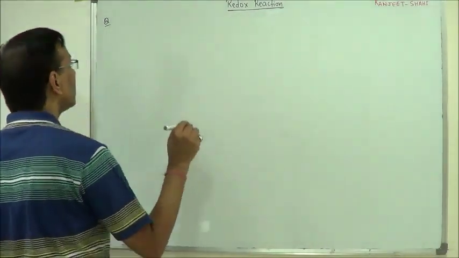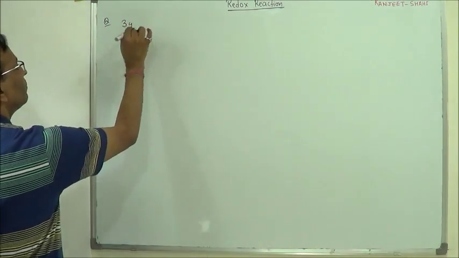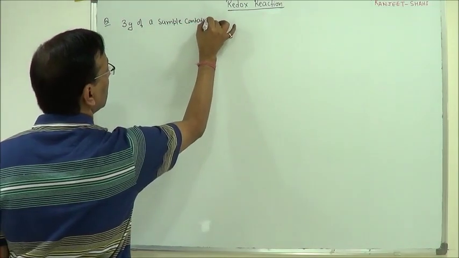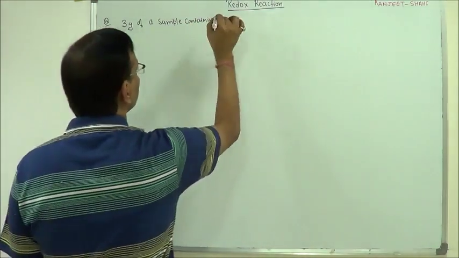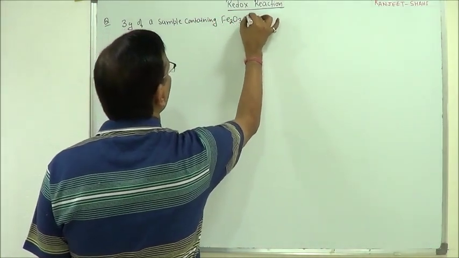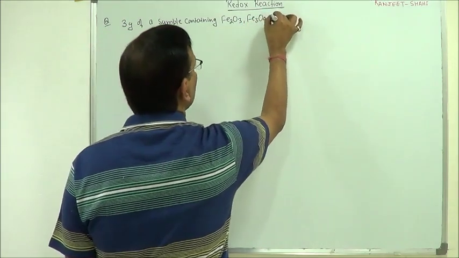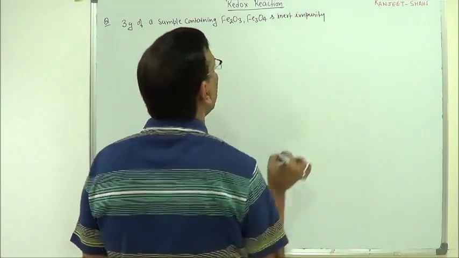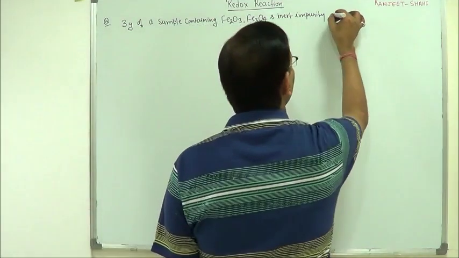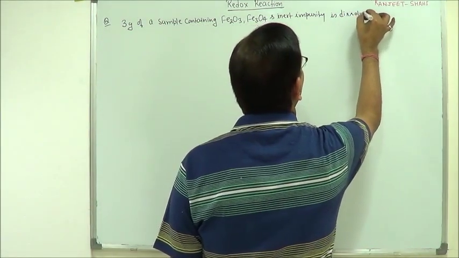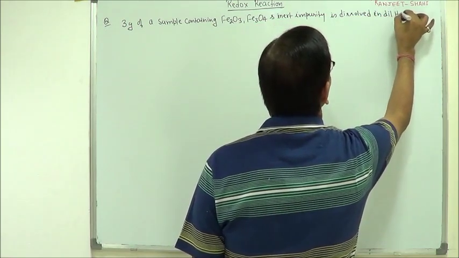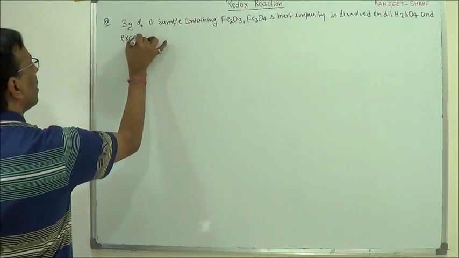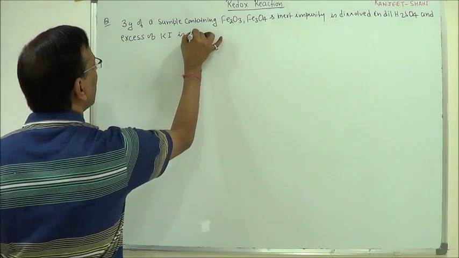Suppose a situation is given in which 3 gram of a sample containing Fe2O3, Fe3O4 and inert impurity is dissolved in dilute H2SO4 and excess of KI is added,